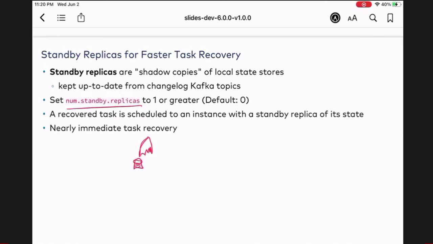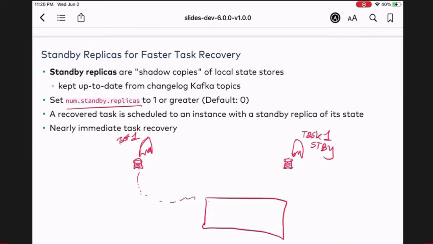And as this has been written, you have another instance here. Let's say this is task one. This one becomes task one standby. Standby for task one, right? It has its own state store. So as this one is writing to the Kafka topic, to the brokers,